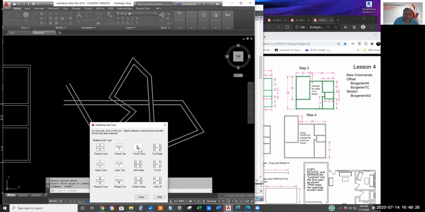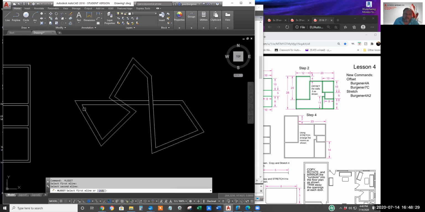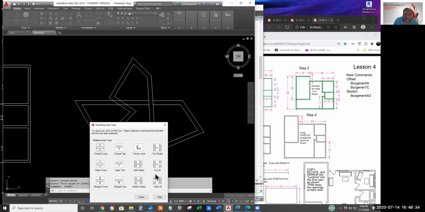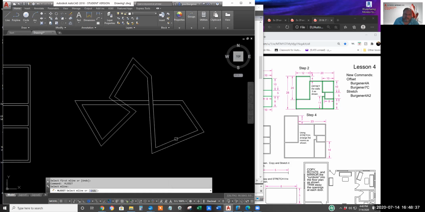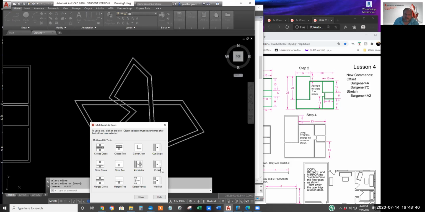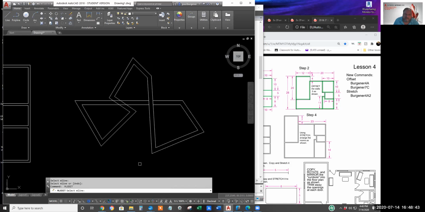Maybe make an elbow. Add a vertex. Why did that not work? Yuck. Here's another example where it's not very user-friendly.